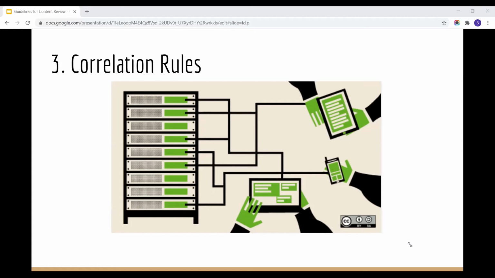So watch out for those patterns. And let's say in a company-wide layoff, you may want to set up a correlation rule which triggers an alert if more than 10 files of a specific type are copied to a USB drive, or sent as an email attachment to a non-company domain.